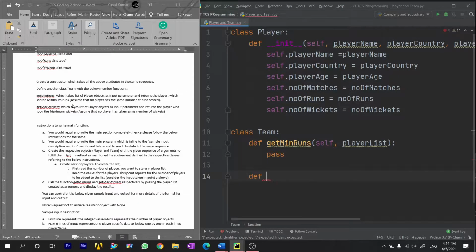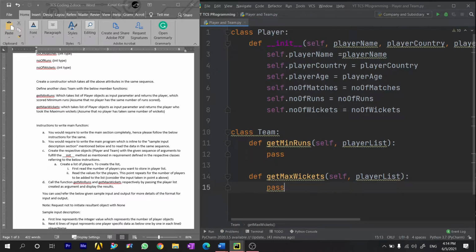Similarly, we have the second function, get max wickets. We need to pass player list over here also, and we will pass this.